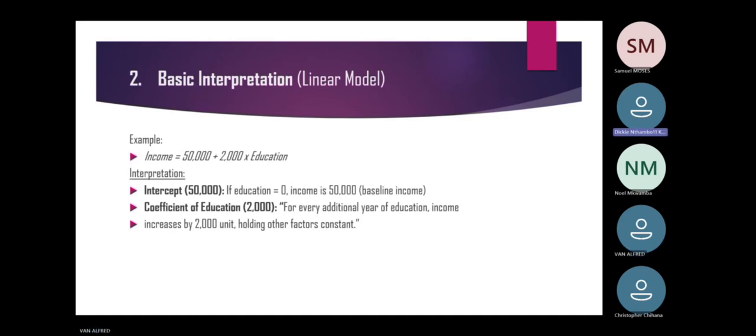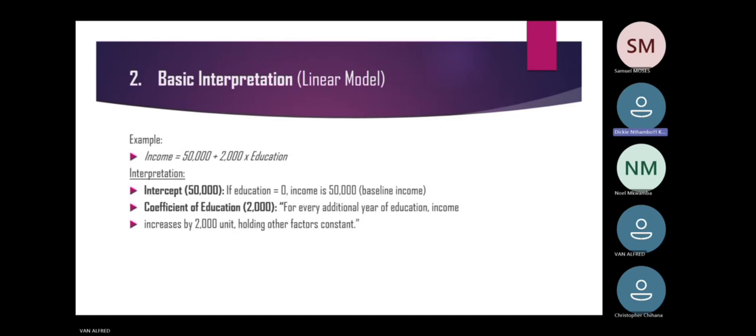On point number 2, after giving the definition, we look at basic interpretation of a linear model. On this one, I can give you an example of income, where income is equal to 50,000 plus 2,000 times education. To interpret this example,